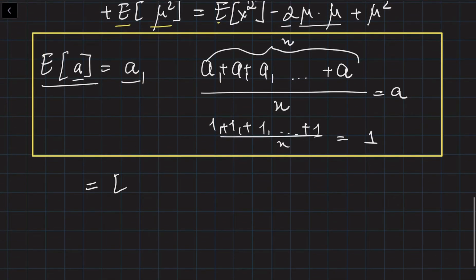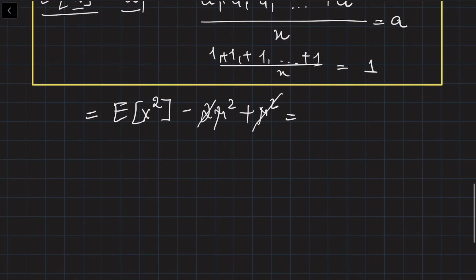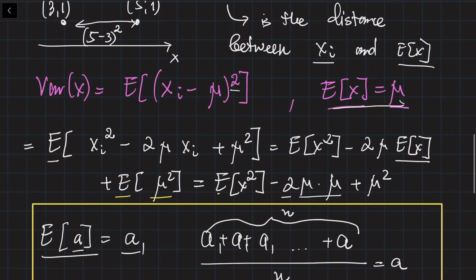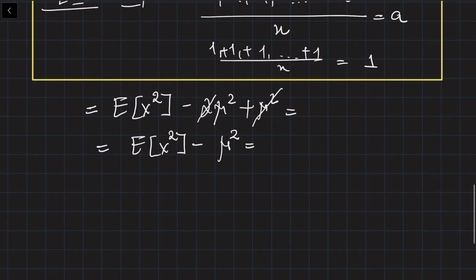It's going to be the expected value of x squared minus 2 mu x plus mu squared. So one of the minuses is going to be cancelled with this, and we're going to have the expected value of x squared minus mu squared. If you remember, mu and the expected value are equal, so you can denote mu as E of x as well. So I'm going to denote mu as E of x. It's going to be E of x squared minus E of x squared,